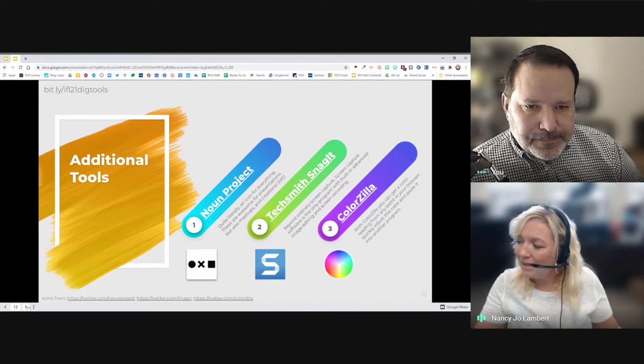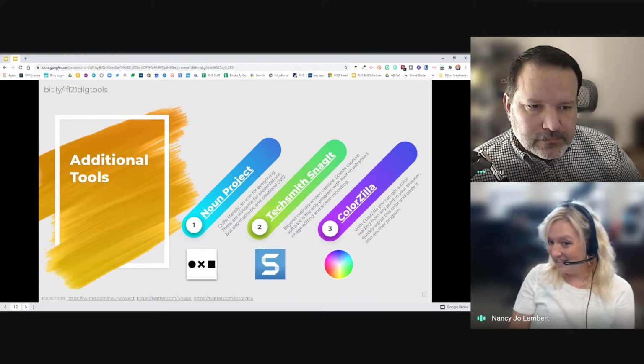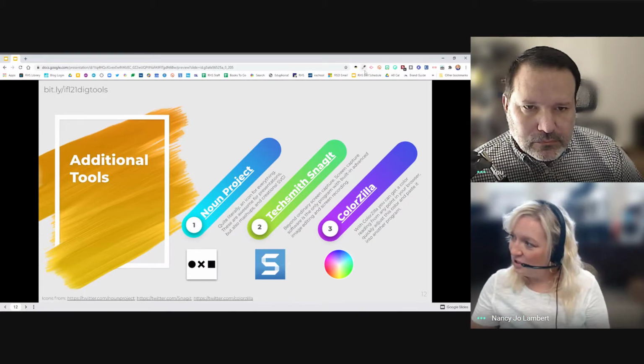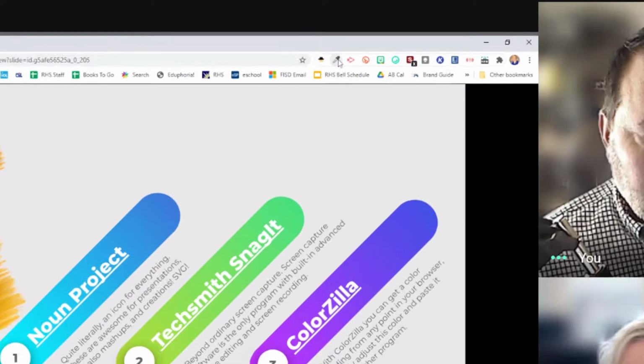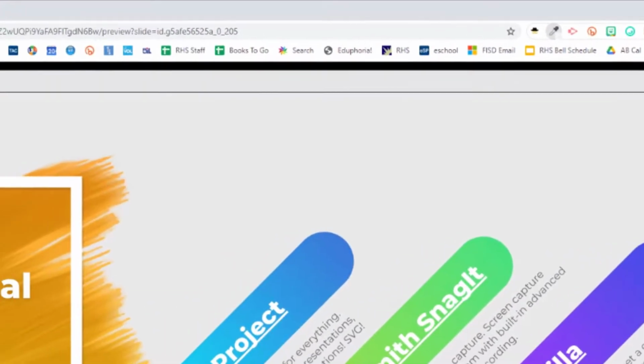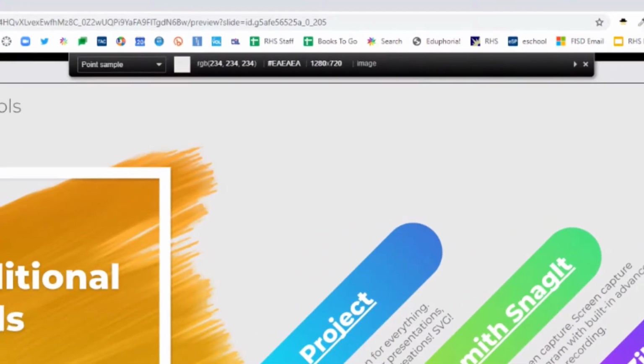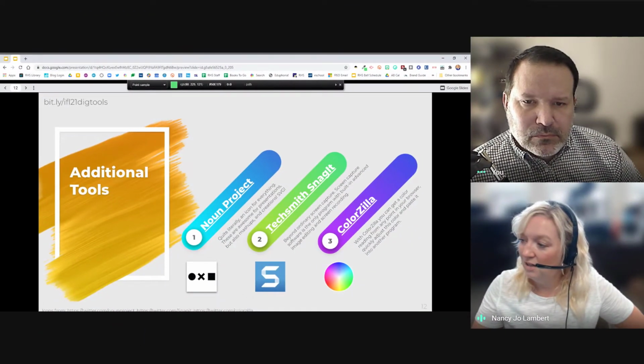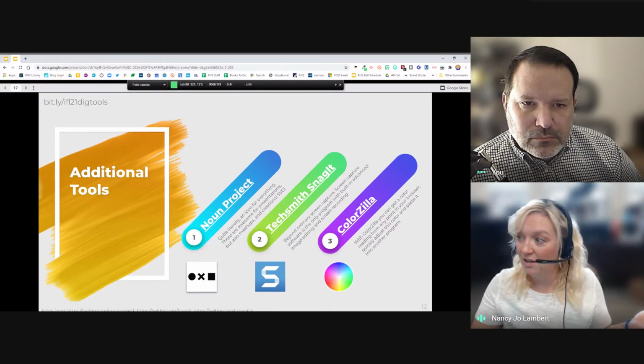So I'm going to talk about Colorzilla, because Colorzilla is one of my favorite things. It's this little icon up here. It's a Chrome extension. You just go to pick color off the page, and see right here in this little box, as I'm hovering, it's picking up the colors that I am hovering over. So let's say I really want this green because I want to do some font in a color that matches this.